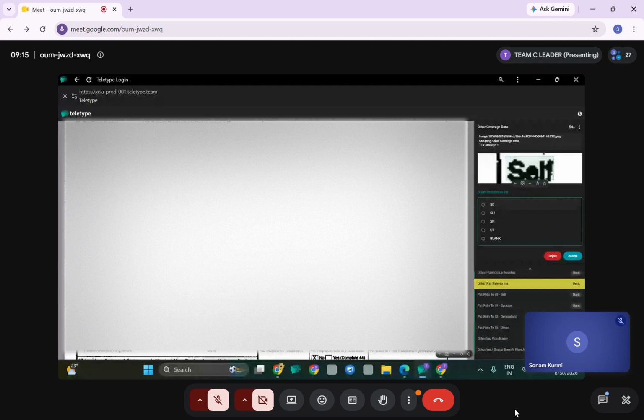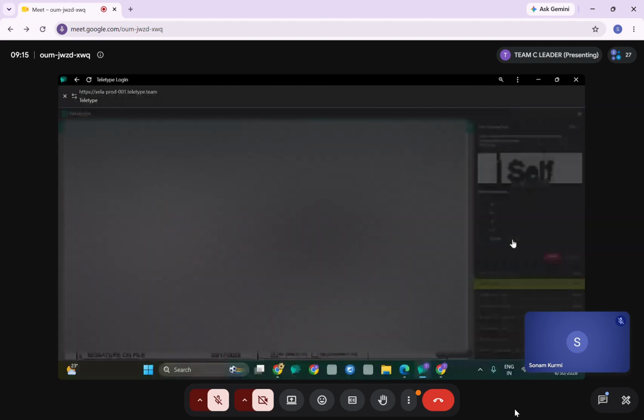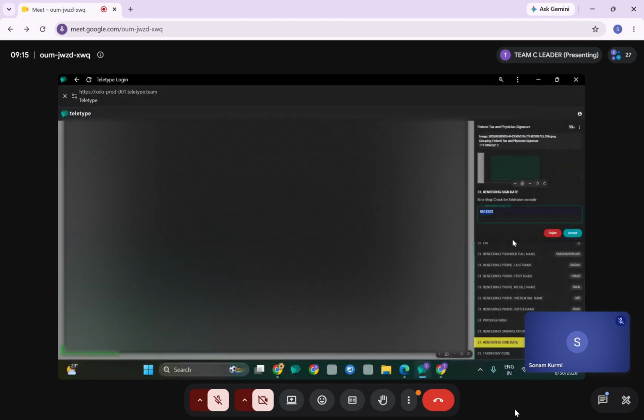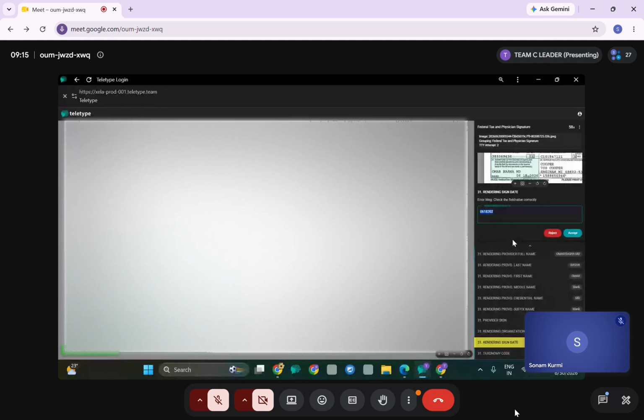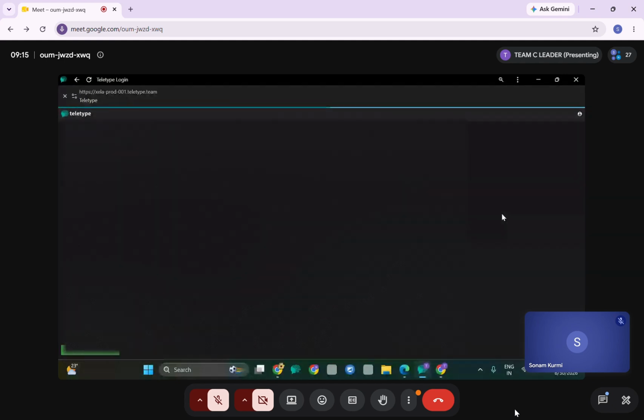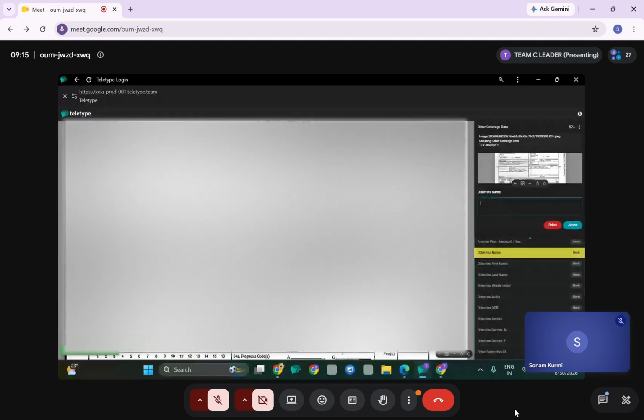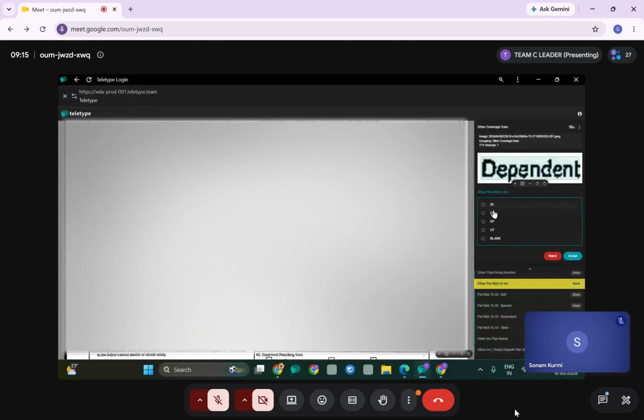For other patient relationship, no checkbox has been marked, so we'll select the blank option and accept it. This is only the sign date, so we have to add a character here. Now this is correct. INS name, this we can accept. And for INS relationship, no checkbox has been marked, so we'll select the blank option and accept it.